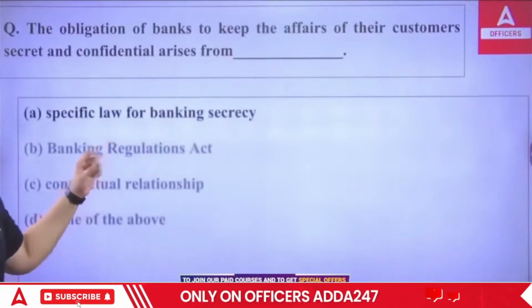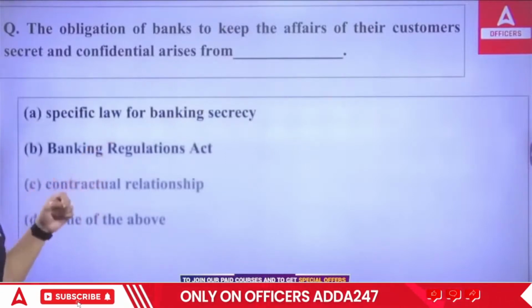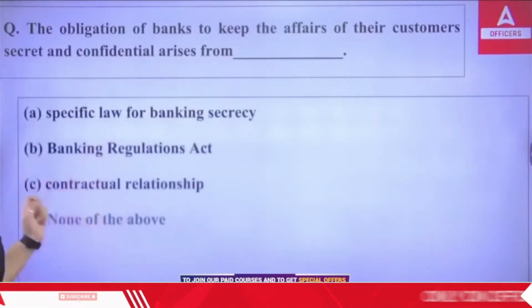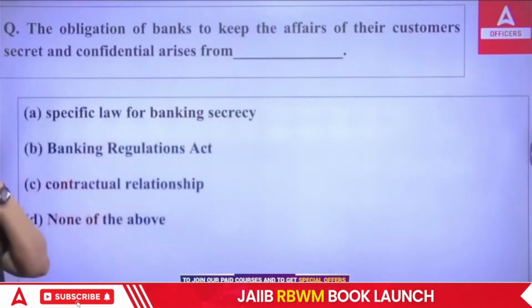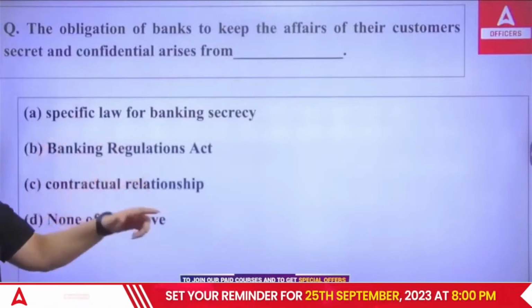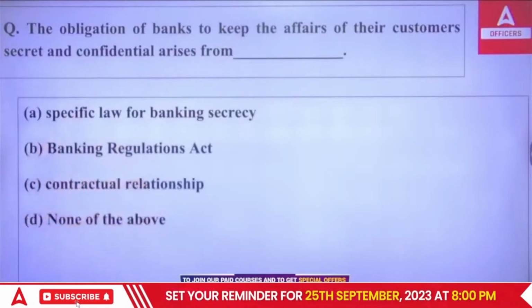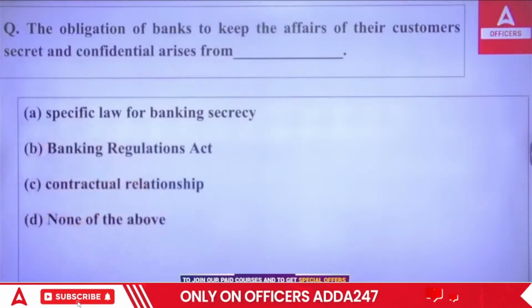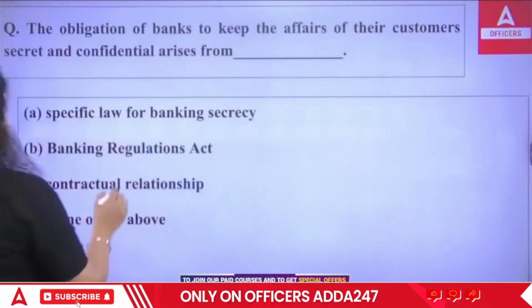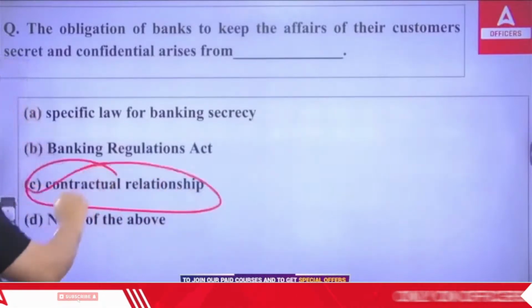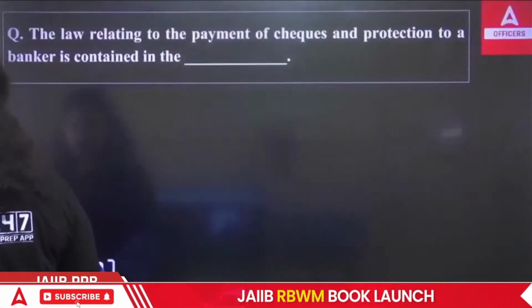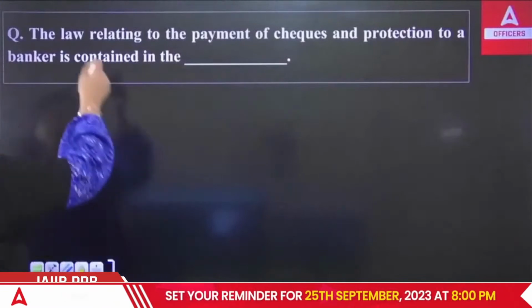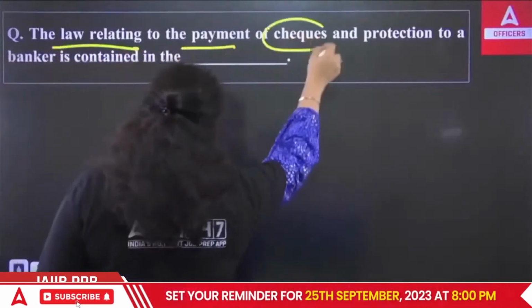First, a specific law for banking secrecy, Banking Regulation Act, contractual relationship, none of the above. So secrecy and confidentiality, the obligation of a bank towards the customer. It comes from where? It simply comes from the contractual relationship the bank and customer are having. So the right answer is